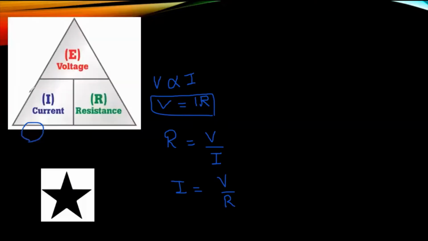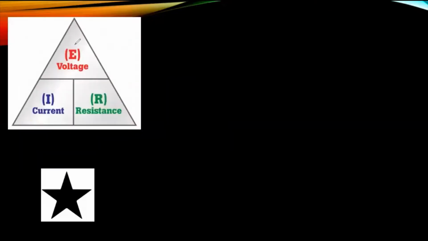For one easy method to remember, we need to just remember this diagram, the same formula in a different way. If you remember this diagram, the small triangle and the order in which it is placed. Here voltage is shown as E. In some books you can see voltage as V, and in some we are having E. So same here, V is shown as E. This is just an easy method to remember all the formulas.